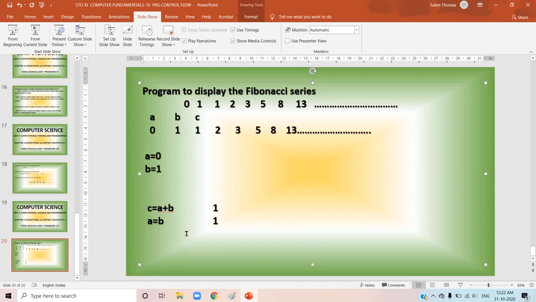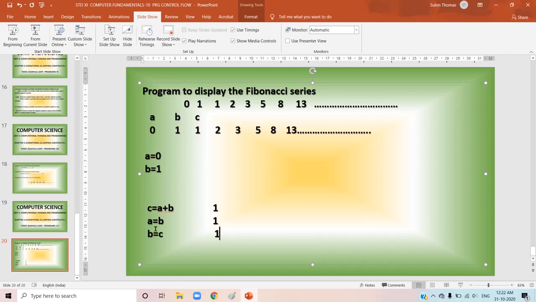Next I am going to write. See, I want to take this one. This one is there in the variable C now. This is the one which is there in the variable C, that I have to give to B. So I can write B equal to C. The current C value is 1, which is given to B. So now the B value is 1 itself.